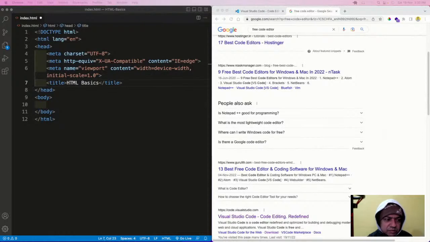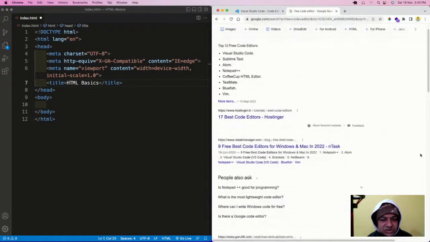Okay, Notepad++ you cannot use, as I've told you earlier. You should not use Notepad++. The 2020 to 2023 versions are coming, but it is very 2010. You should not use it. See, this Visual Studio Code is there, and you will not get this feature in Notepad++. So I just hit this, and this came, and it is not there. Okay, so see, someone is also asking this thing.